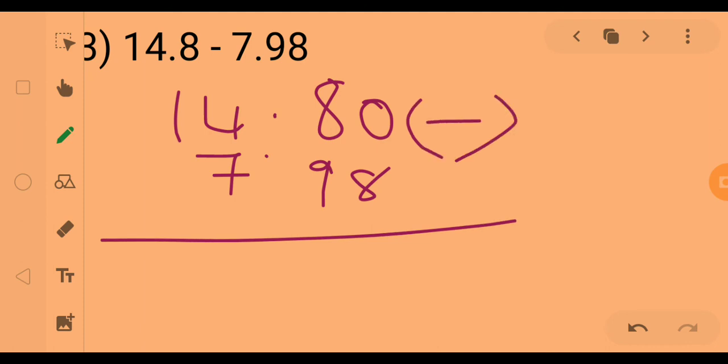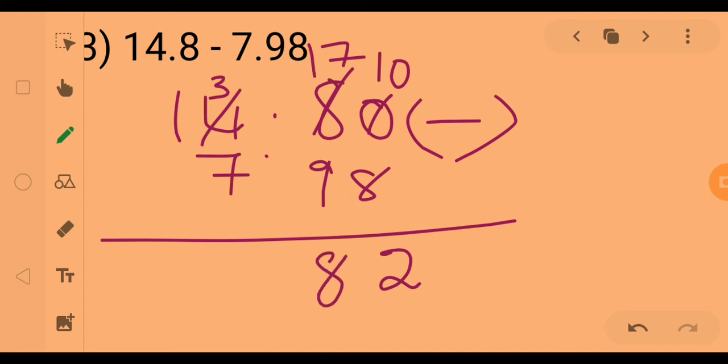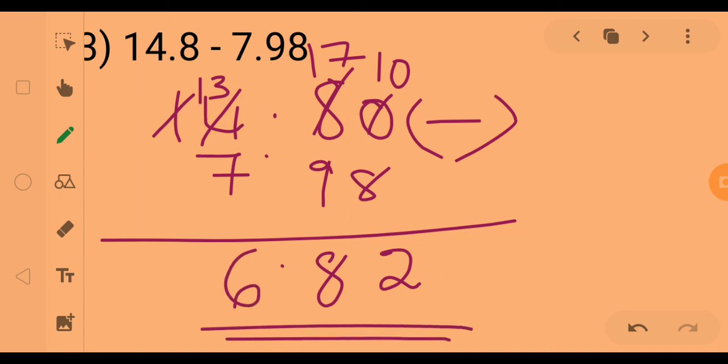So as we subtract we borrow 1 from 8. 8 becomes 7. This next place becomes 10. 8 from 10 is 2. 9 from 7 not possible. So we borrow 1 from 4. 4 becomes 3 and this 7 becomes 17. 9 from 17 difference is 8, decimal point. 7 from 3 not possible, borrow 1, so it becomes 13. So 7 from 13 is 6. So the difference is 6.82. See the last problem.